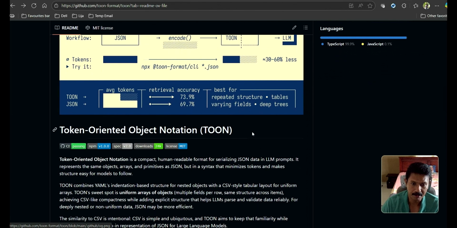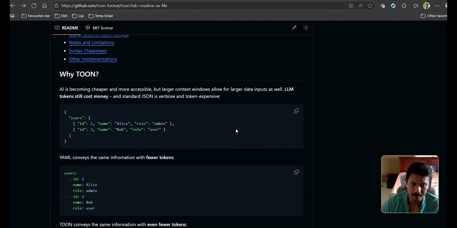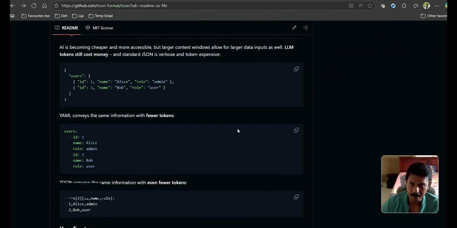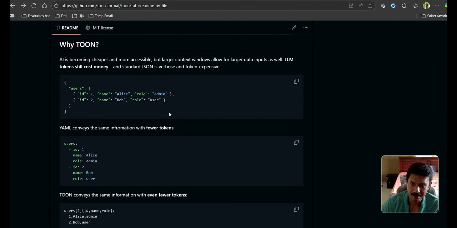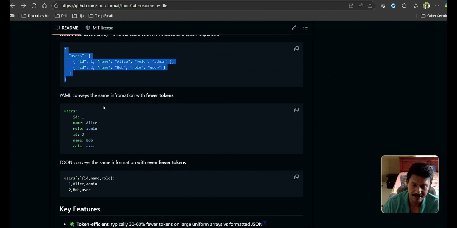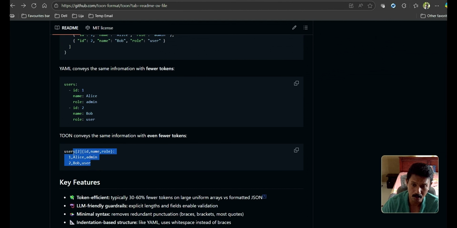If we scroll down a little bit more, it gives a few examples on why we should be using TOON. It gives examples where, for this sort of JSON data being sent into the LLM, YAML conveys the same information with fewer tokens. So the number of tokens is essentially less. And if you look into TOON, it will be even less than YAML. Now,